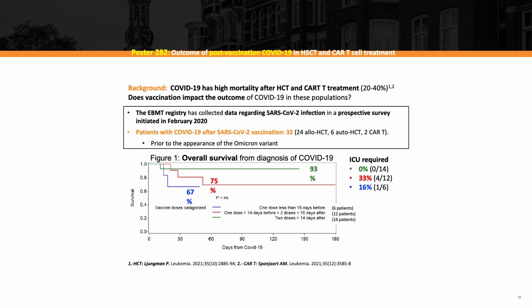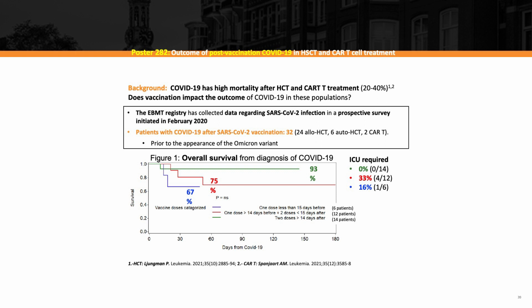And now I am going to the SARS-CoV-2 topic. I'm going to present 3 studies. As you know, COVID in transplant patients has a high mortality, between 20 and 40%. And the question that I'd like to answer in this study is, does vaccination impact the outcome of COVID in this